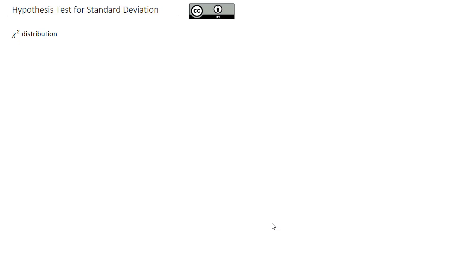While tests around means, proportions, and regression are some of the most common hypothesis tests done in statistics, there are many other interesting hypothesis tests that are worth looking at. One is a hypothesis test for a standard deviation. But before we can talk about testing the standard deviation, we need to talk about another distribution called the chi-squared